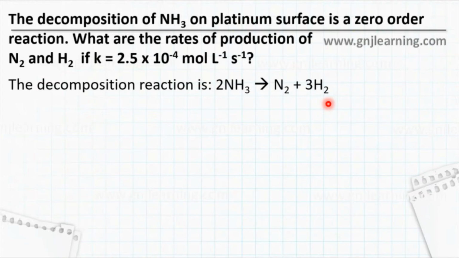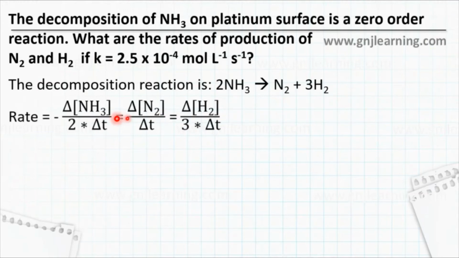So as we have already learned how to write the rate, how to equate the rate with respect to reactants and products, rate is equal to, you can write it like this. When it comes to reactants, you have to add the minus sign. Rate of decomposition of ammonia divided by the time interval, the whole divided by its stoichiometry. So ammonia has a stoichiometry of 2. You divide the rate by 2. Then if you equate it with products, you will get